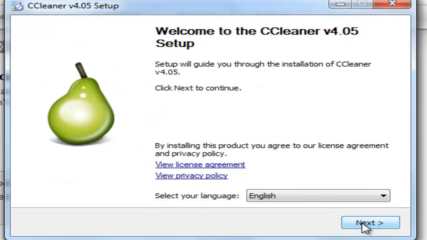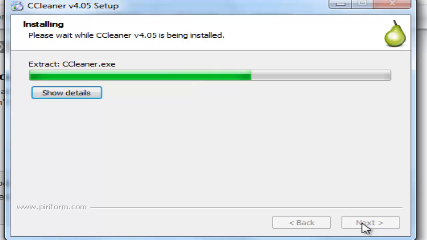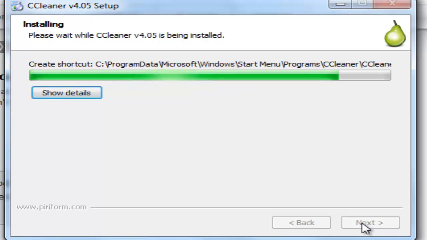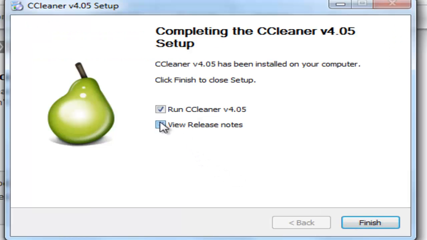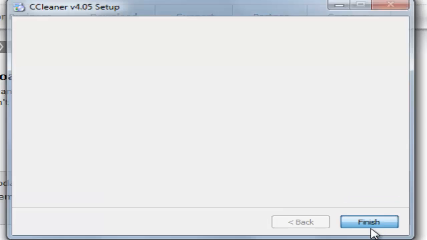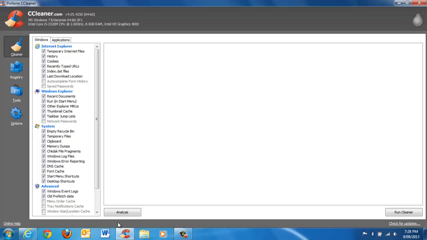The good thing about these is they don't install ads, so you don't need to worry about skipping ads and stuff like that. So you click next once it's appeared and go install. It should be installed in under 30 seconds. Alright, so once that's installed, just untick the view release notes and click finish. And just minimize the internet, and once CCleaner opens, just go over to the side here